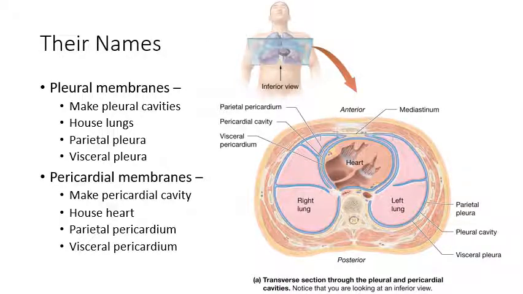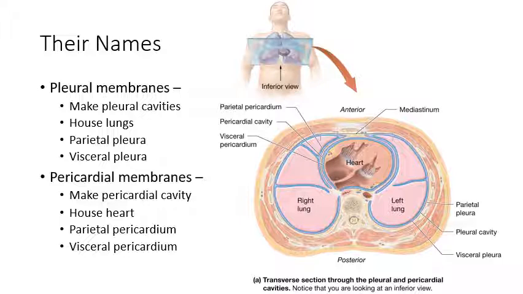So the different serous membranes each have their own name. First you have the pleural membranes, which house the lungs and form the pleural cavities within the thoracic cavity. Those are divided into their two layers. The visceral pleura is the layer of those membranes that is right up against the lungs, and the parietal pleura is the layer of those membranes that is superficial to the visceral layer,